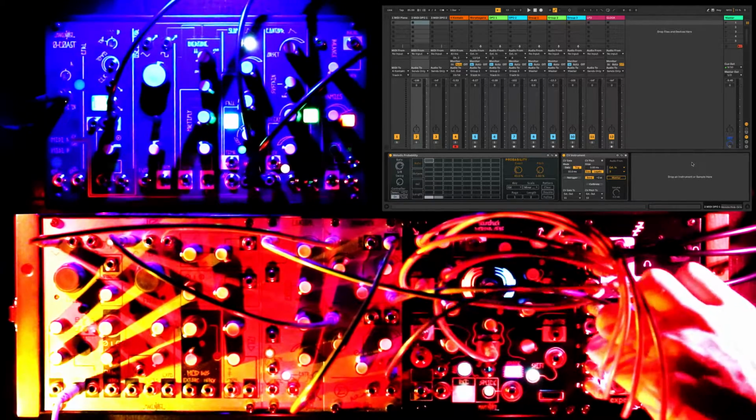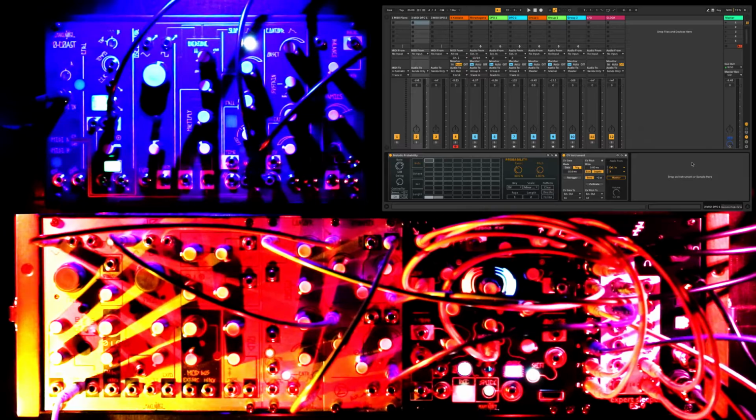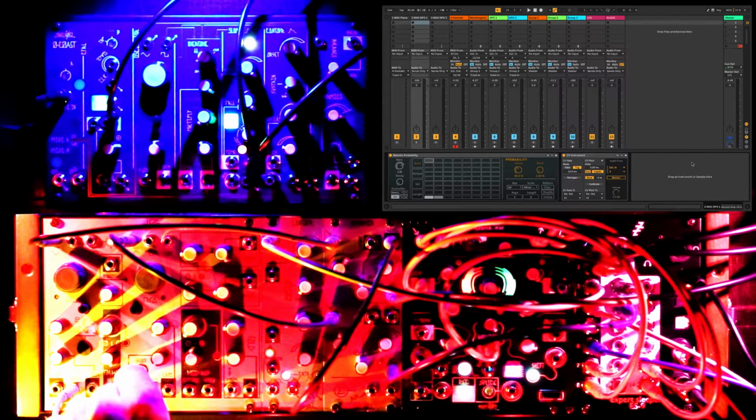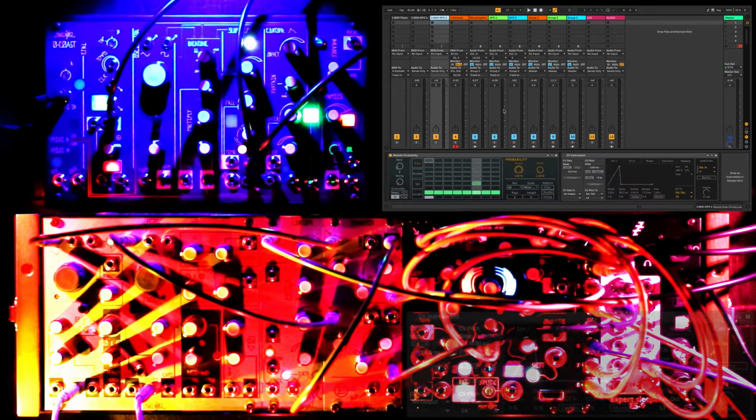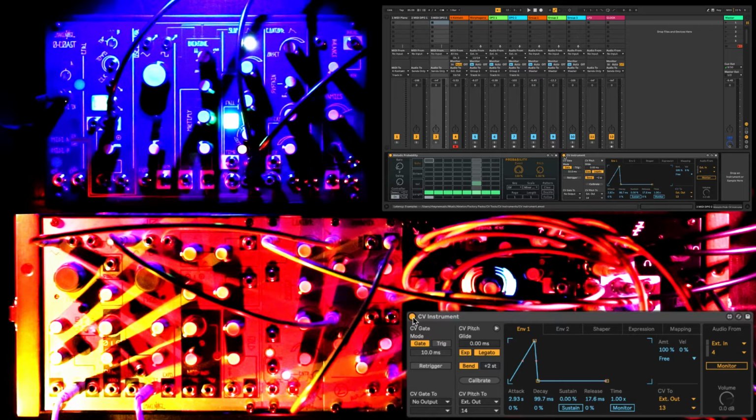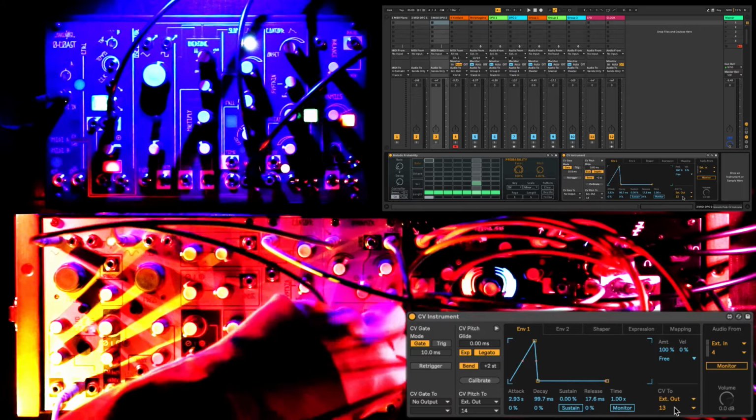Here we're connecting the cable to be used for pitch, and patching that to the 1V per octave input on VCO B of the DPO. Let's switch on our CV instrument. Our pitch output is mapped to the cable we just used, and we'll be using the CV instrument's internal envelope to our low-pass gate this time. And let's turn up the volume on the bottom channel of the Dynamics to begin calibration.